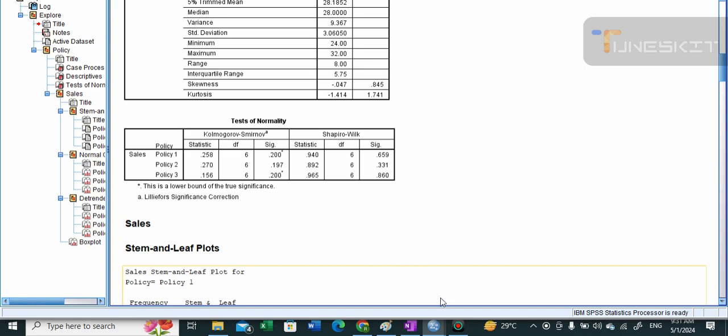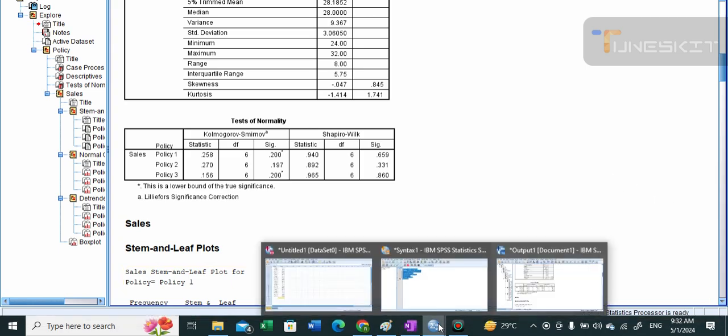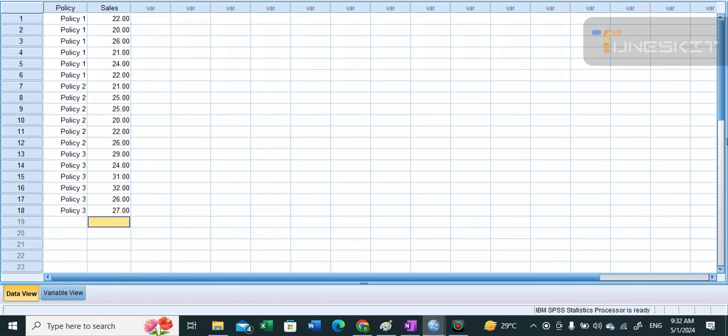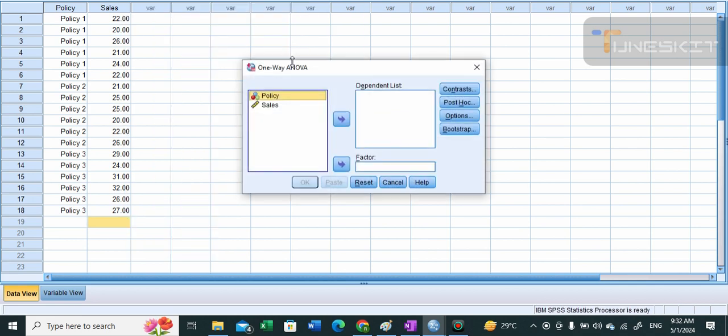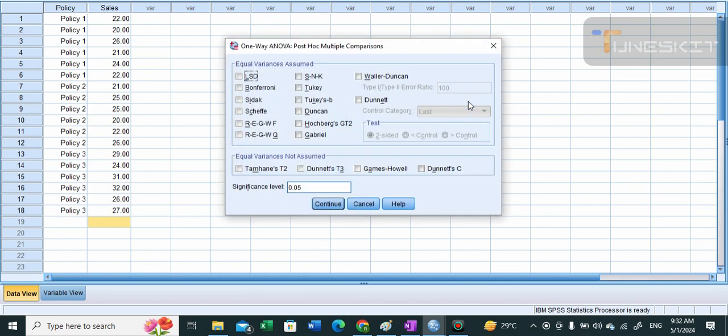Now, in the next step, we will perform one-way analysis of variance using this path: Analyze, Compare Means, One-Way ANOVA. Sales we take as the dependent list variable, policy we take as the factor list, and we go for post-hoc. In post-hoc, from the second column list of options, we mark a check across Tukey. That gives us Tukey multiple comparison,